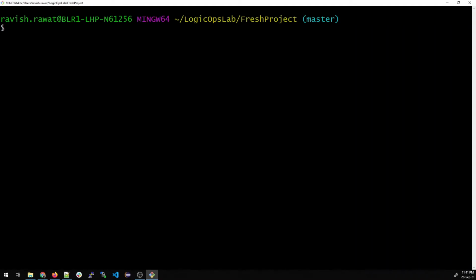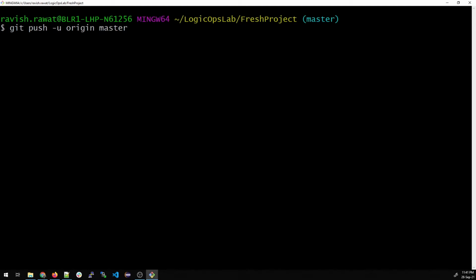So what we'll type is git push -u origin master. So this is the one-time process. -u is a one-time process because this is going to establish an upstream link between our remote repository and our local repository with the master branch. So that's the first thing that you guys have to do.